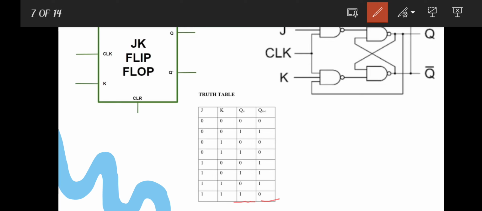As you can see here, this output Qn+1 is logical for the 4 different input combinations. This is the characteristic equation of the